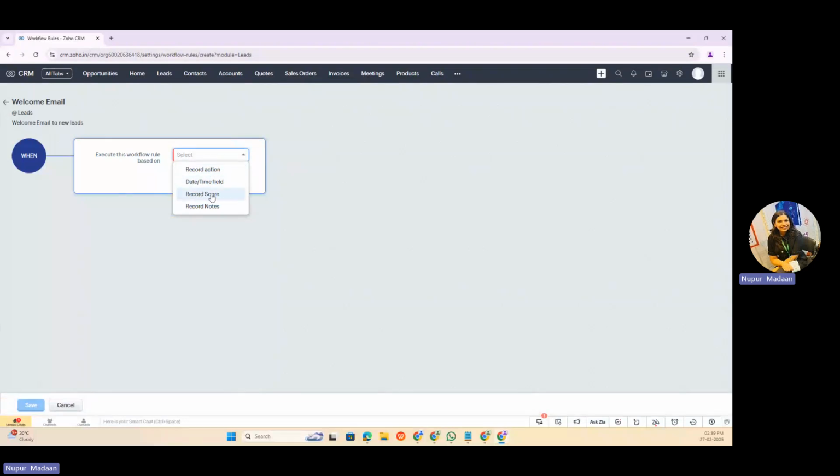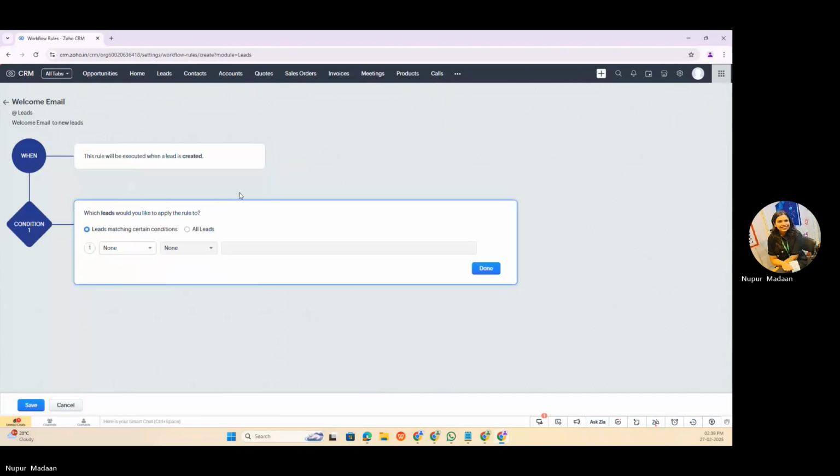or time field, record score or record notes. Now, as I wanted a welcome email to be sent, I'll select record creation and here it will ask create, edit or delete. So create. If there are any certain conditions for which I want to send, let's say if there are any leads coming from the Facebook source,